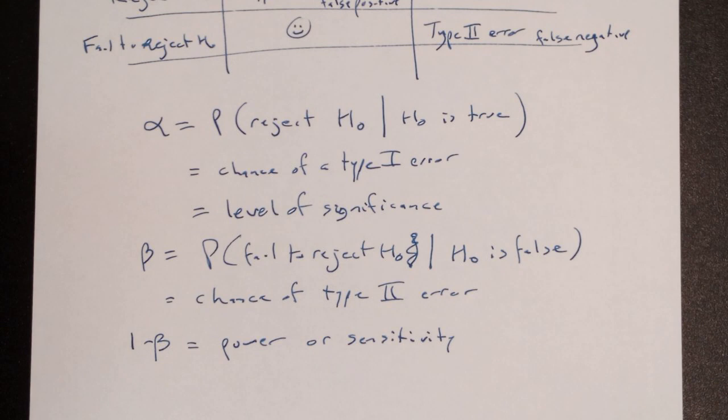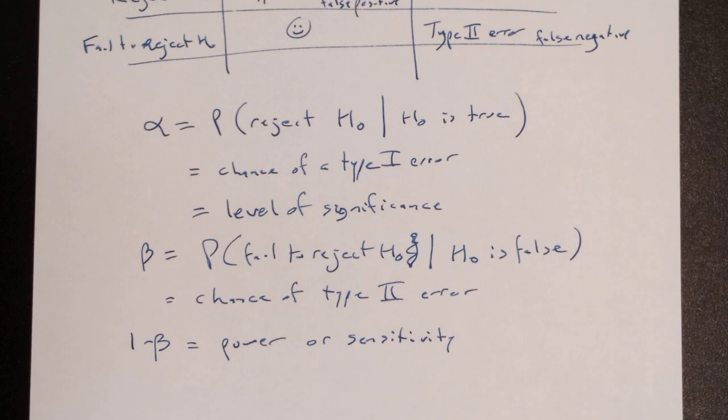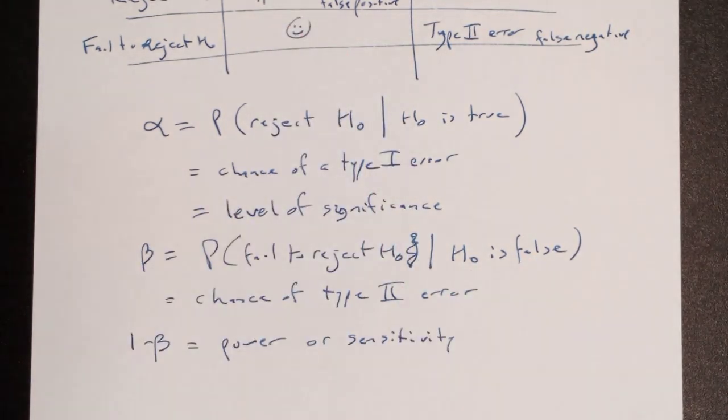More often, though, I'm more concerned with type 1 errors than type 2 errors. So I'll choose a significance level that I'm willing to bear the consequences of. Now, here's the unfortunate truth. That level of significance is made up. It's one where I say I'm willing to bear the consequence of being wrong and having a type 1 error.